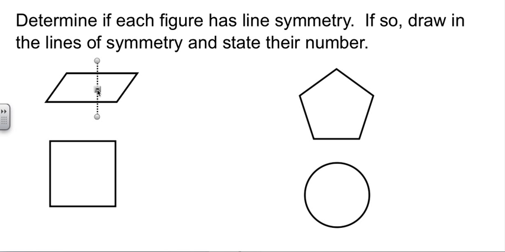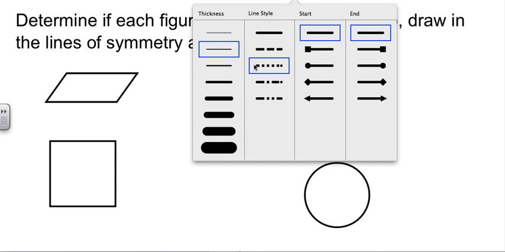Come on, line, cooperate. Maybe there's diagonal line symmetry. Well, let's see. This perpendicular distance here would put that point there. No. Nope, there's no symmetry in this one. So this first one has no lines of symmetry. There aren't any. There's no symmetry involved in that one. Guess I could have kept my line out. But